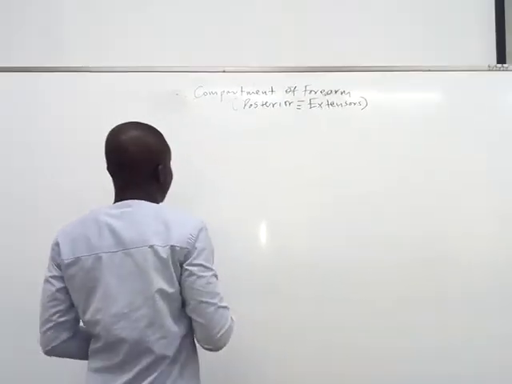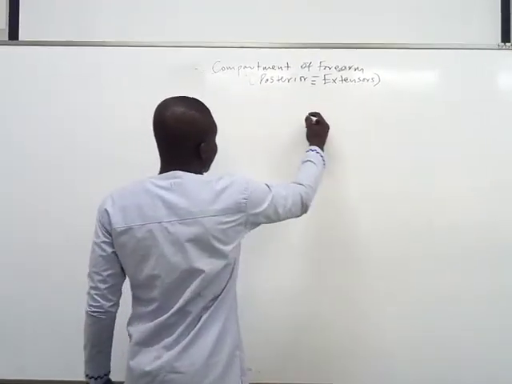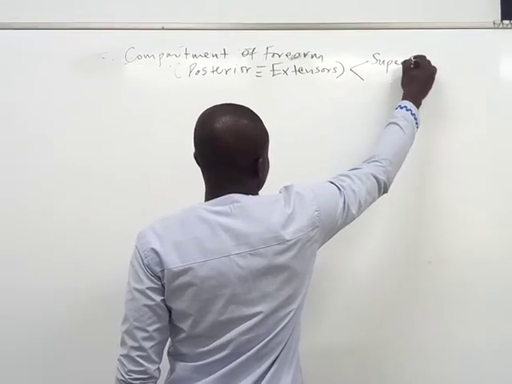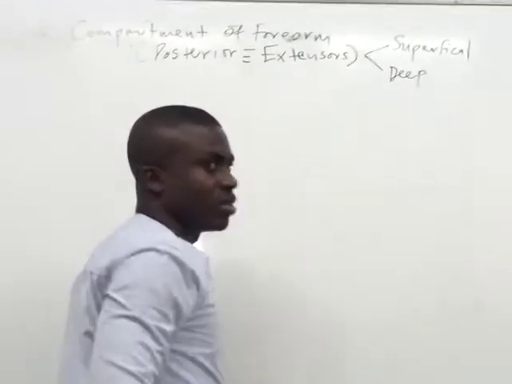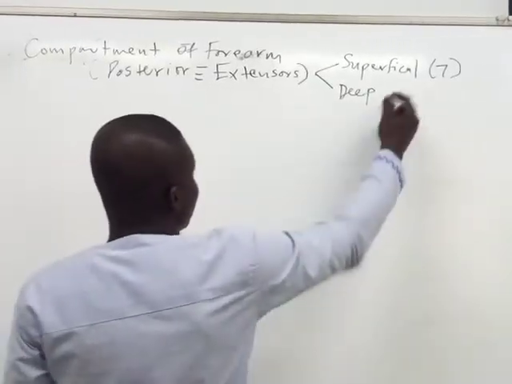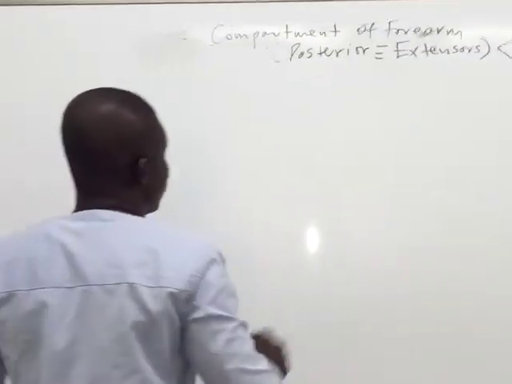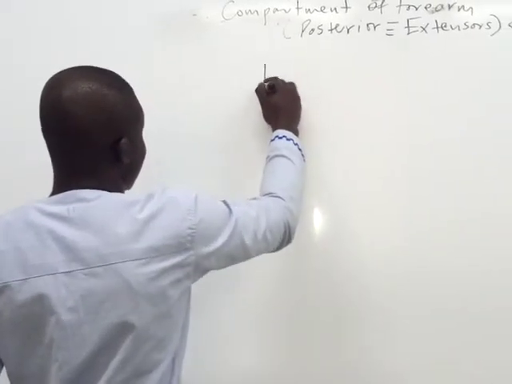Now, this group of muscles is organized into two. We have the superficial group, and we have the deep group. The superficial group has at least 7 of them, with the deep group having about 4 of them. So by way of introduction, let's take this to be